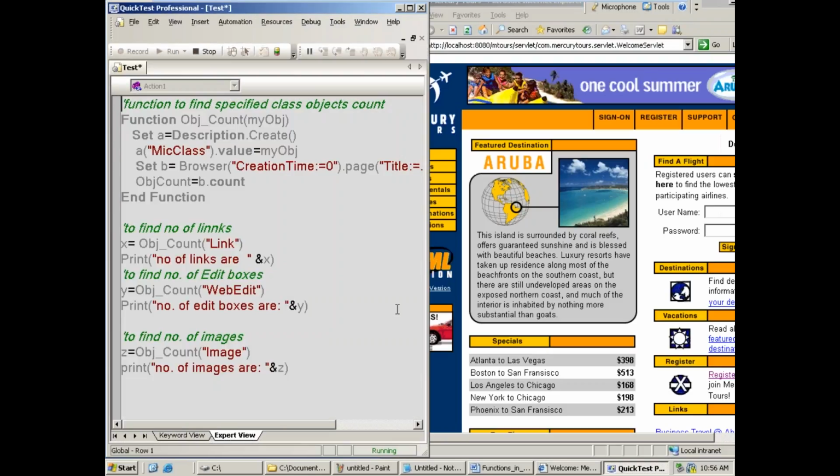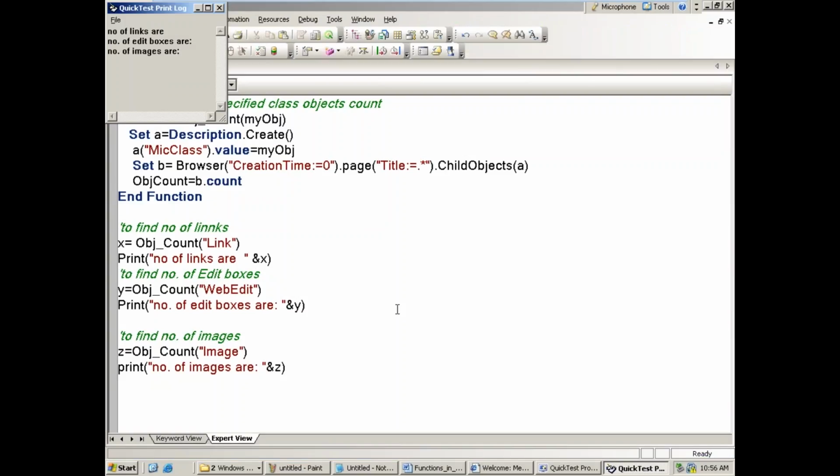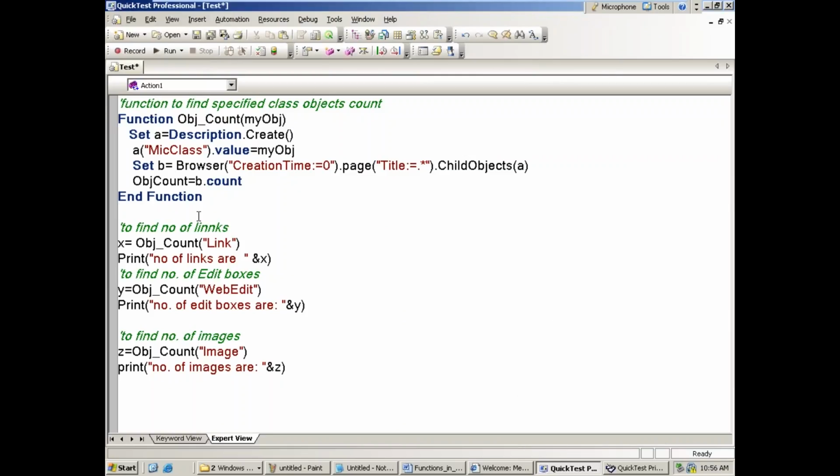So one point we discussed during descriptive programming. When do you prefer descriptive programming? Why are values not getting displayed here? Number of links are, set, creation type, page title, okay. My object, okay. Object count, obj count. What is the function name I gave?